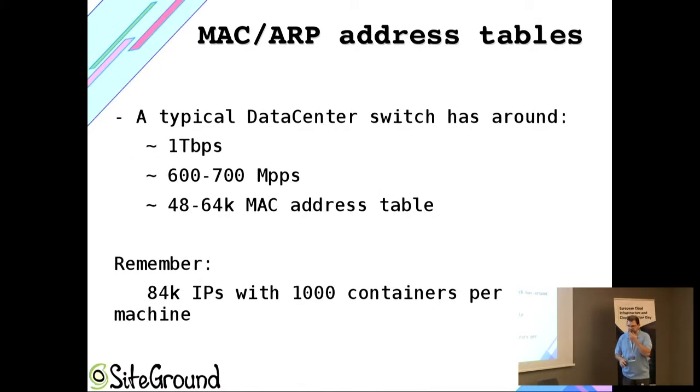So yeah, 1,000 containers per machine. This is not so big number. I have seen people running even 2,000 or 4,000 containers, because each process is another container for them. They decided this, that's fine. Linux can handle maybe 100,000 processes per machine easily. So if each process is a container,